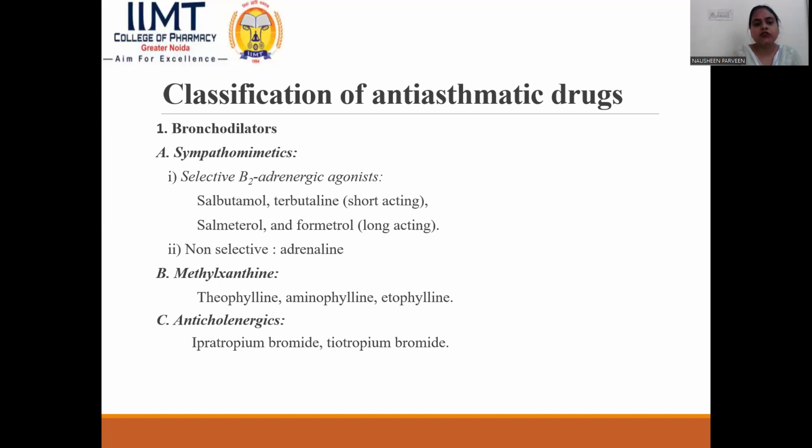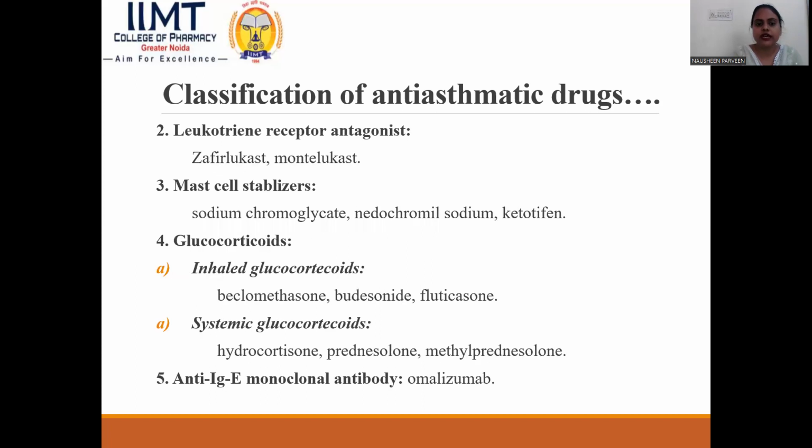The next class of bronchodilators is anticholinergics. Ipratropium bromide and tiotropium bromide are examples of anticholinergics. The next class of anti-asthmatic drugs is leukotriene receptor antagonists. Examples are zafirlukast and montelukast. Next, mast cell stabilizers. Examples are sodium cromoglycate, nedocromil sodium, and ketotifen. The next class of anti-asthmatic drugs is